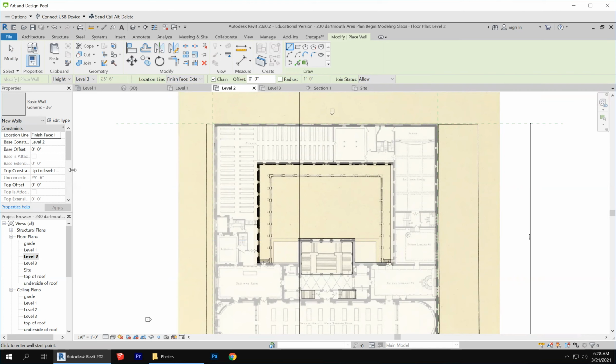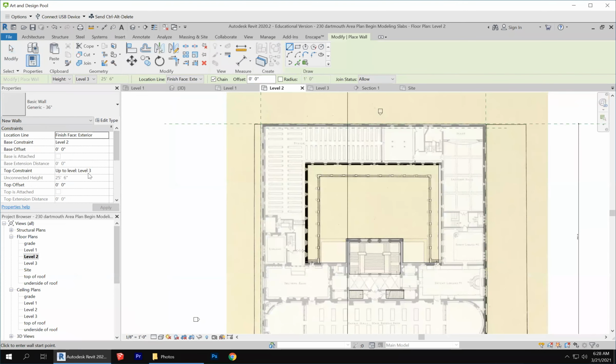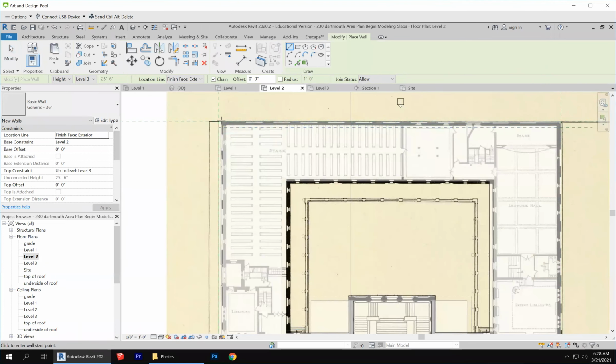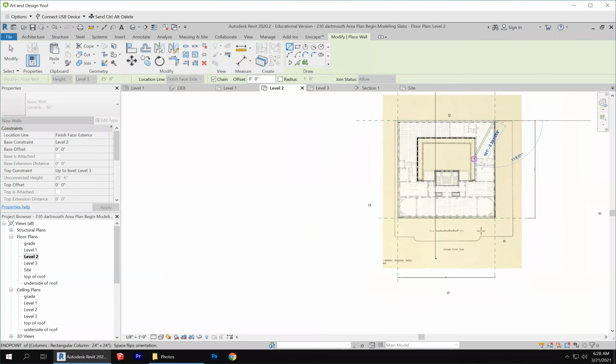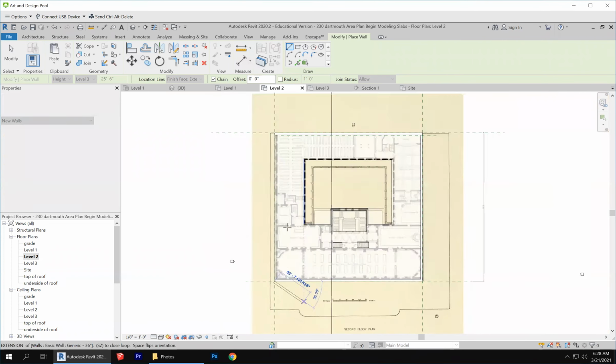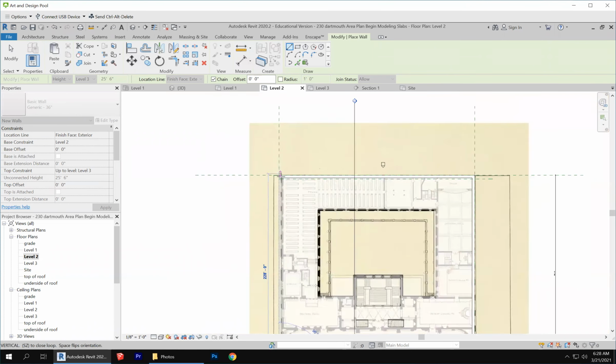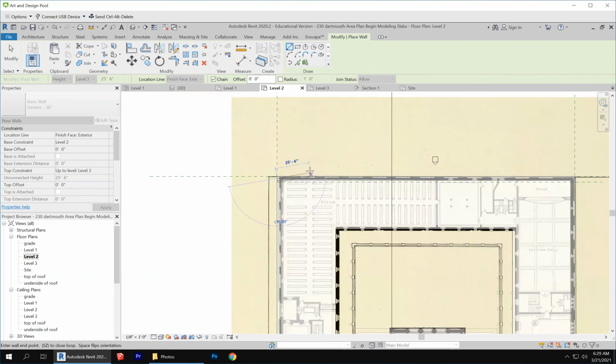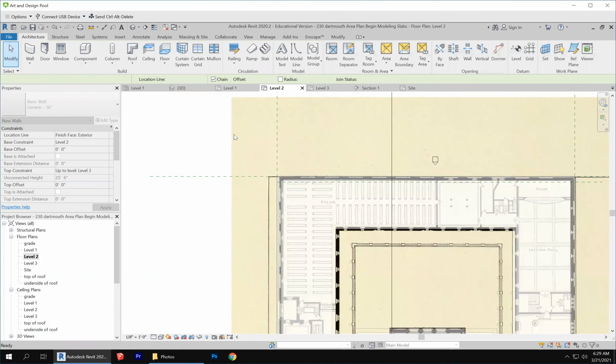Level 2 up to level 3. Finish face exterior. Start at the intersection of my reference lines. Even though the image of the floor plan doesn't line up with my geometry, we have to commit to a point